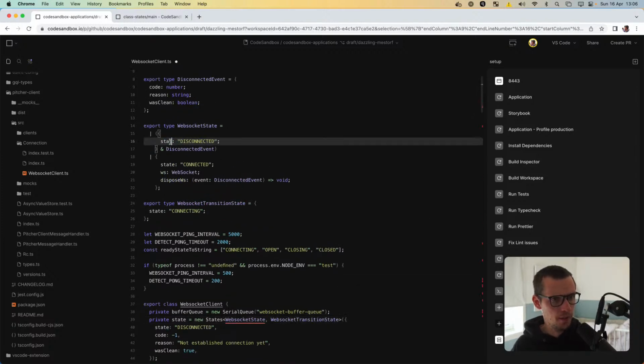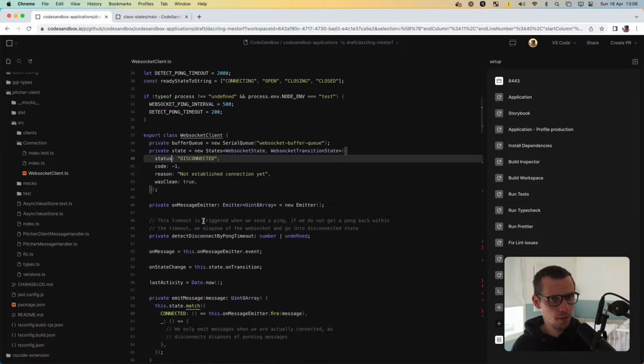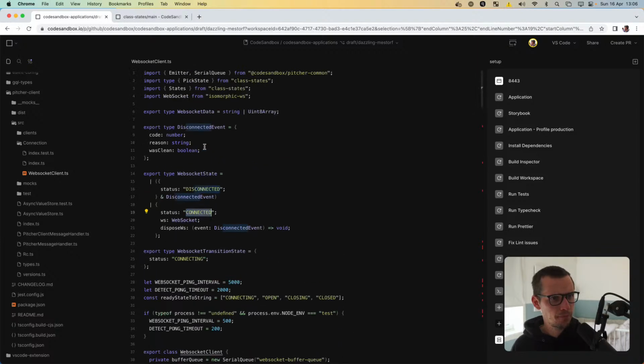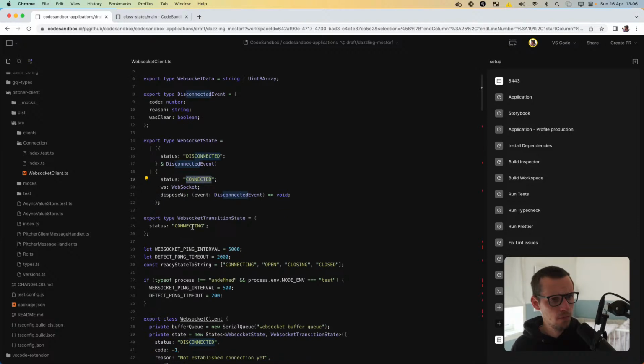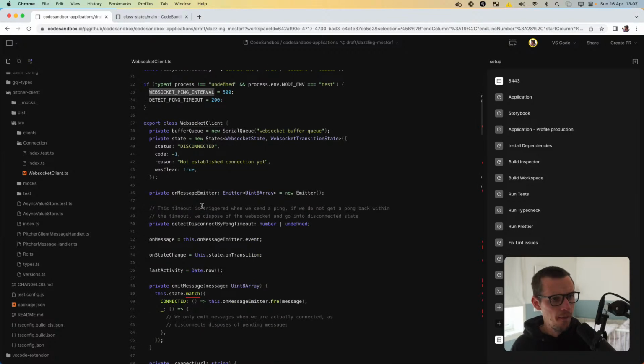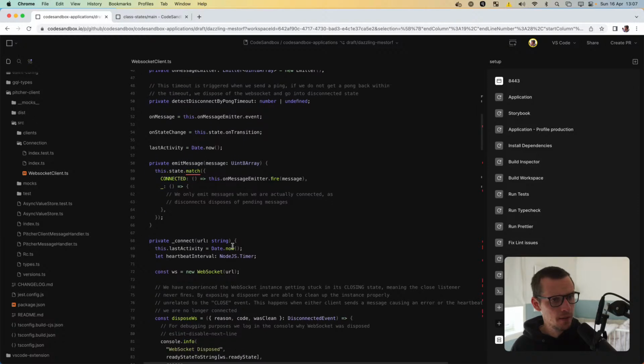Sorry, I'm using status instead of state. And then we say status disconnected. Cool. So this is what the WebSocket can do. It can be in a disconnected or connected state. And then we can trigger a transition, which is connecting. So what we want to do here is